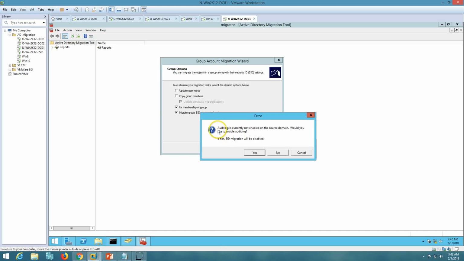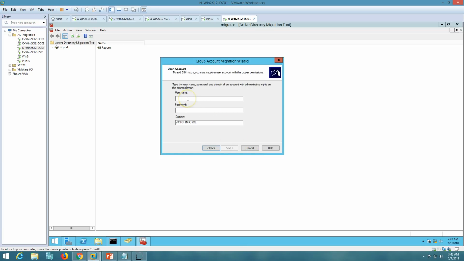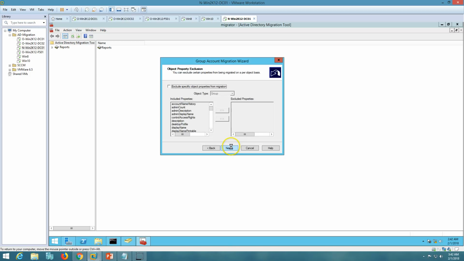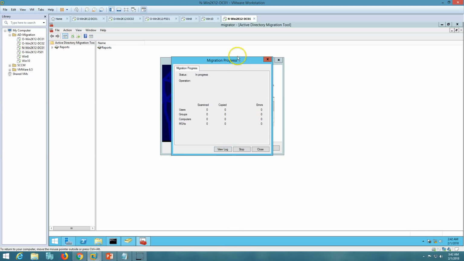So you can see the auditing is currently not enabled in the source domain. Would you like to enable it? Yes. And for the target domain also we don't have it, do you want to enable it? Yes. So go ahead and put the password for the source domain. So I'm going to put my credentials here for the Victor Infosol domain. So click next and leave everything default, and now you can go ahead and click on finish, and you can see